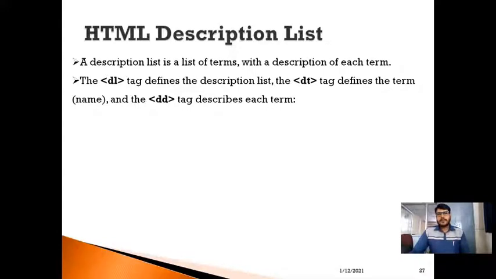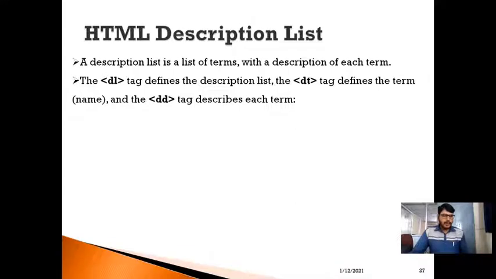Sometimes I can even specify a description list, for the terms. For that, I'm going to use the DL tag. The DL tag is used to specify a description list, and to specify the term we use a DT tag, and to specify the description we use a DD tag.